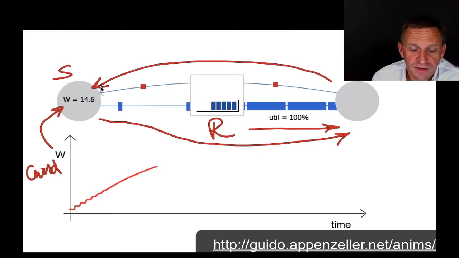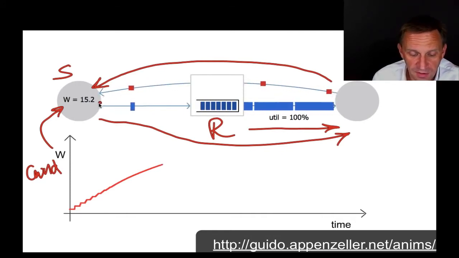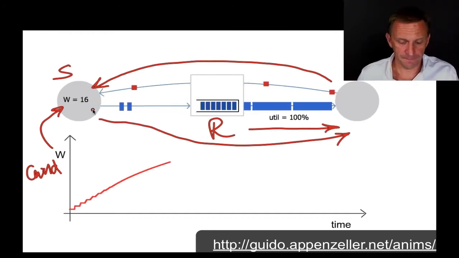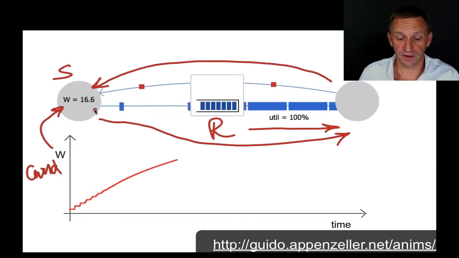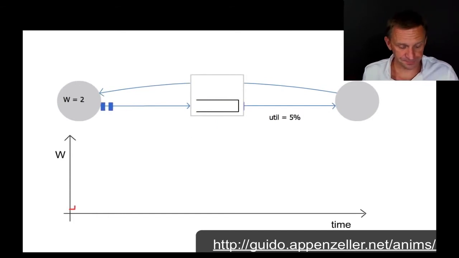So we often say that an algorithm like this is self-clocking, and we'll see later that TCP is self-clocking. The packets are triggered by an acknowledgement coming back. Okay, now that I've explained this, I'm going to restart it so that we can look at some of the dynamics. I'm actually going to give you a URL to this same animation so you can play around with this on your own time. So starting again,